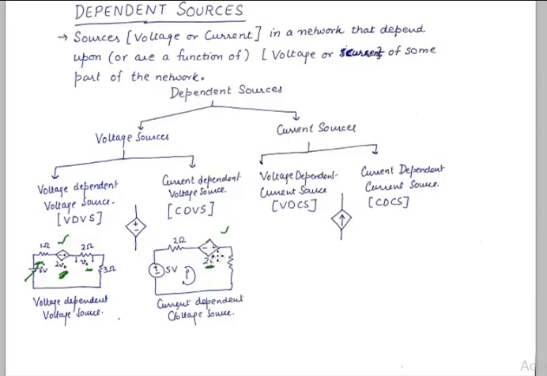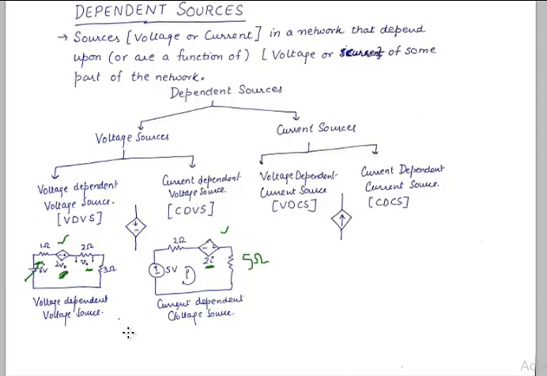So again, not to mention here, the current in this loop will depend upon a few factors, like if we change the voltage source or if we change the resistances here, so that current will also change, and this current change will cause a change in the magnitude of the voltage source, whose magnitude is, by the way, 2I, and it will always depend upon this. So this becomes very, very important in